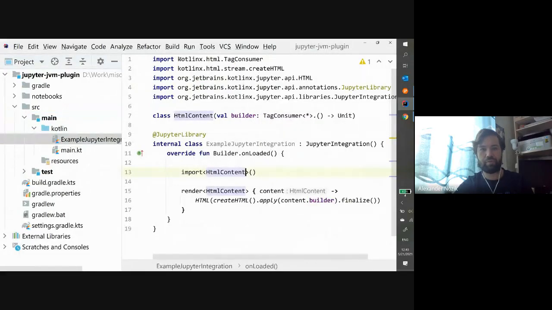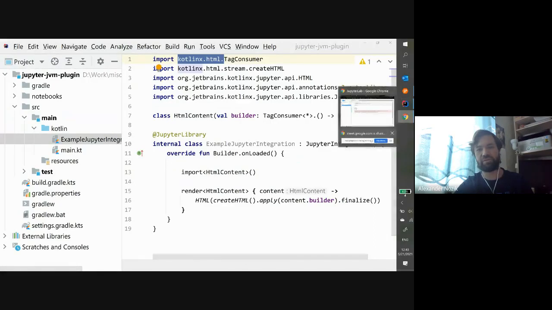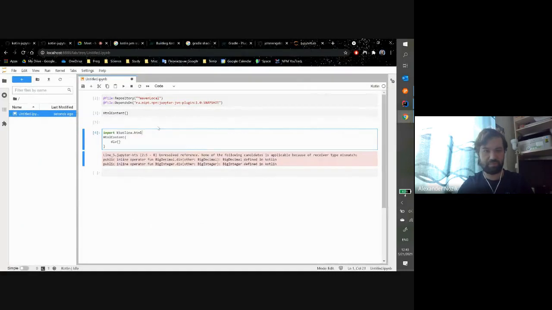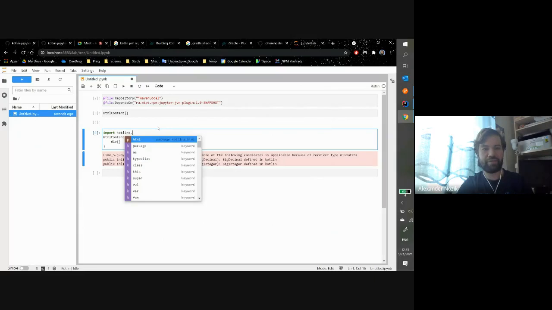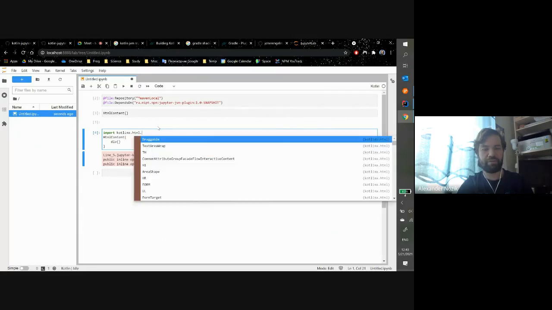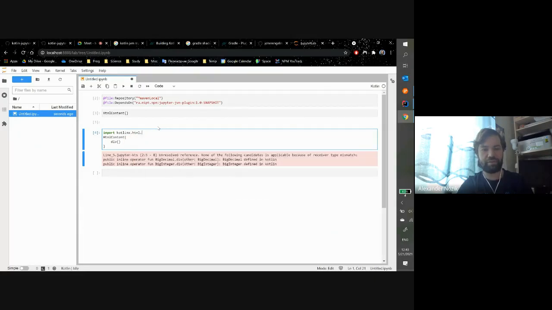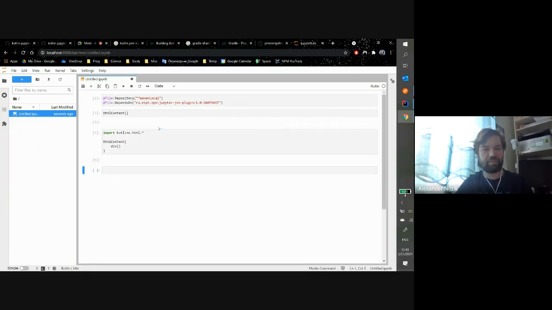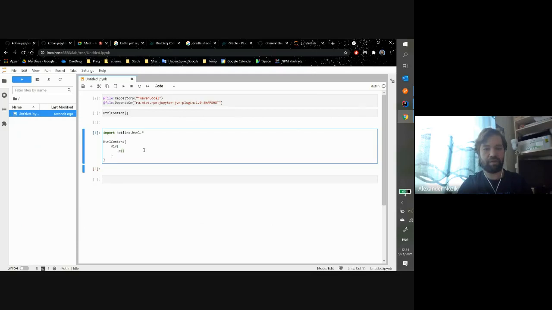So what I want to probably use is Kotlin X HTML dot star. Kotlin X. I can use autocomplete here, and I can see a lot of things here. And now it works. You see, I've added import, and it recognizes div, so I can use, for example, p